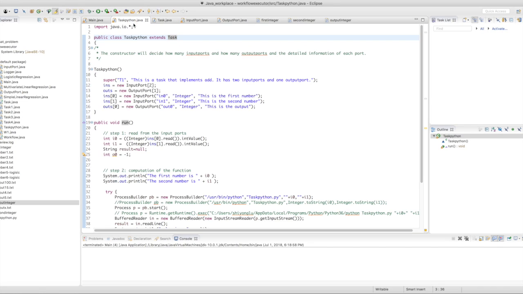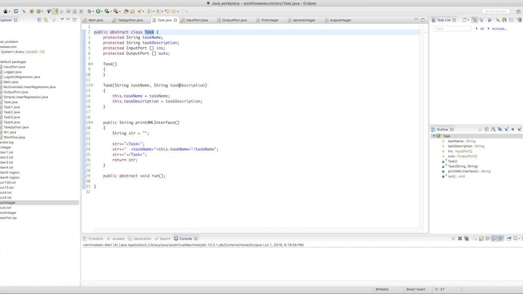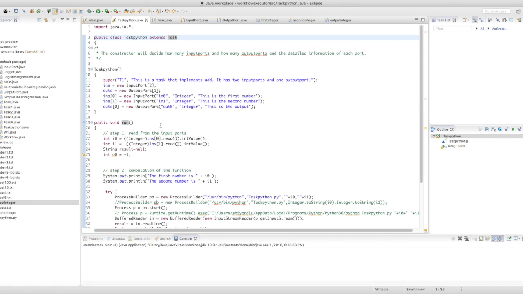So let's go back to TaskPython.java, and we see that in this function constructor we call the super. That means we will instantiate a new Task class and input two arguments here. The first one is T1 and the second one looks like a description. So the first one, T1, is a task name and the second one is a task description. So we define a task, and also